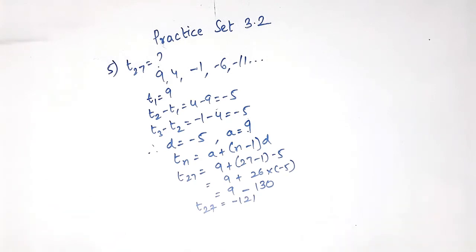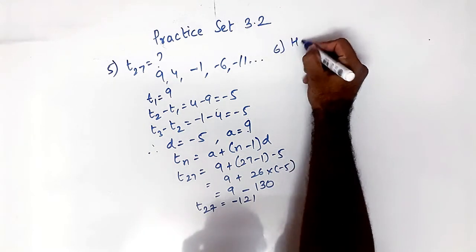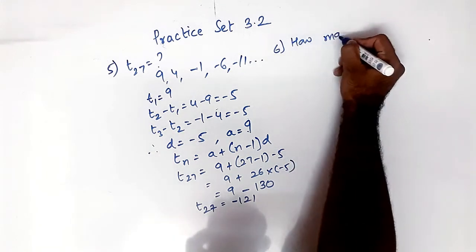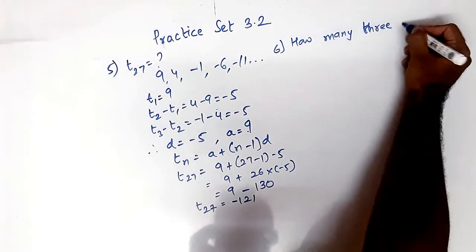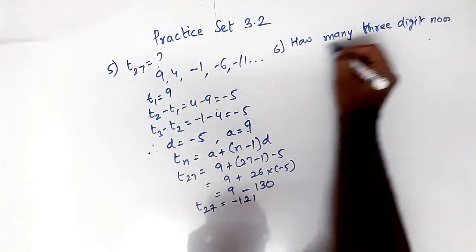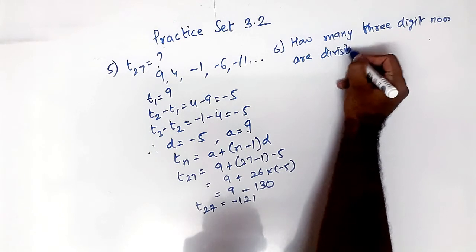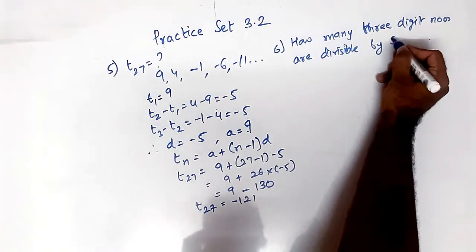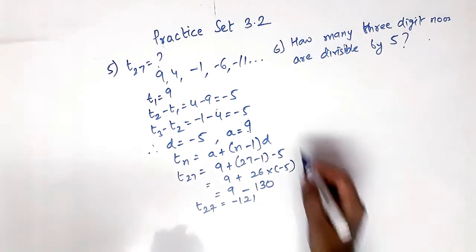Okay, now question number 6 is very interesting. What they have asked is, how many 3-digit numbers are divisible by 5? Okay, so we'll take the smallest. Okay, first